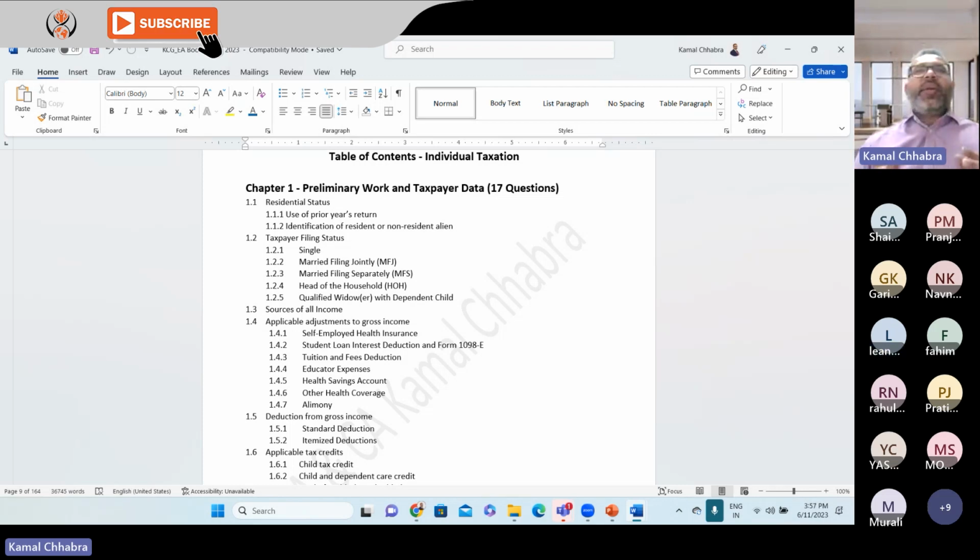The benefit of studying from an Indian instructor is that you can correlate the Indian tax structure and the US tax structure. It can help you in both ways: how it is in India and how it is different from the US, and how it is in the US and how it is different from India, so that you can practically correlate the things.